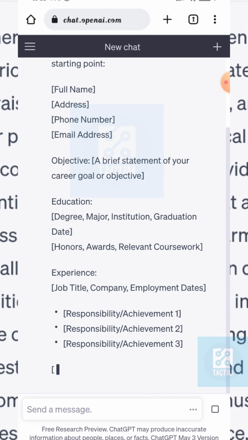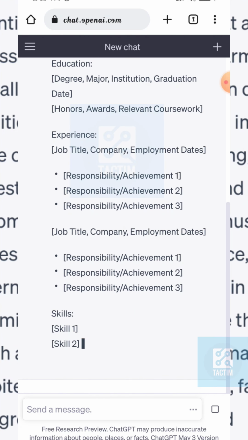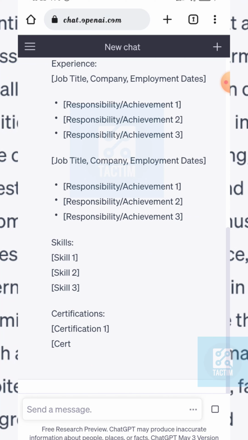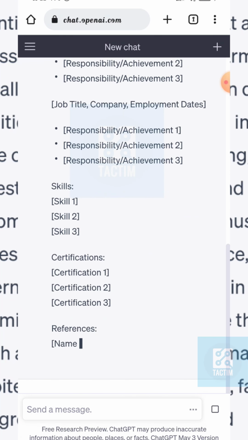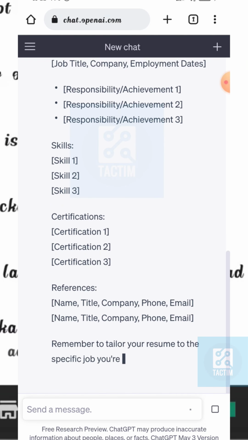After it is completed, just click on this icon here and it will be copied. Now just open another tab and search in the search bar